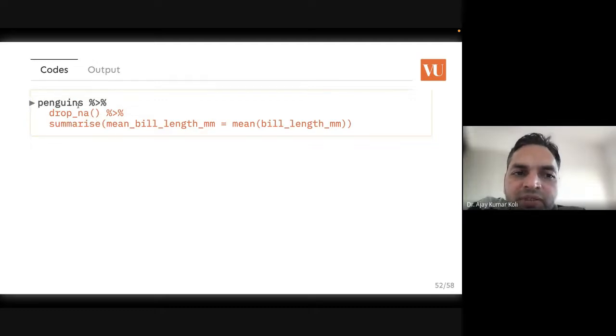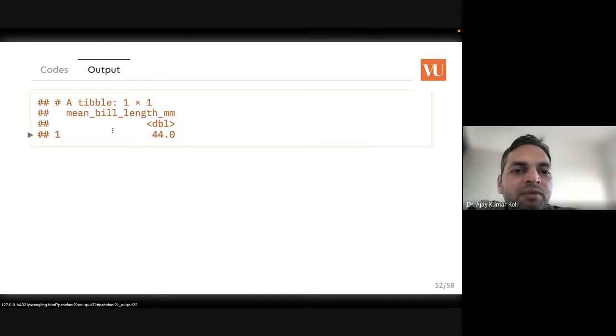Okay, so penguins, drop all the NA respondents, then summarize mean bill length. So we are summarizing and creating a new variable, and the new variable should be the mean length, equal to mean of bill length. This is the name of the new variable, and how this new variable is formed: mean of all the values in the bill length, and your output will be mean bill